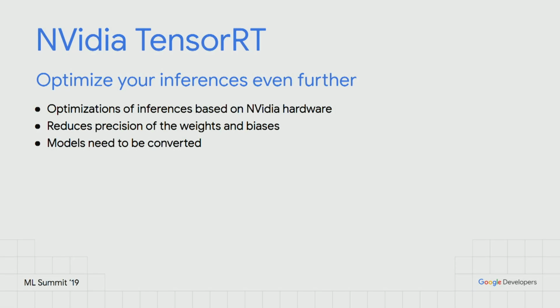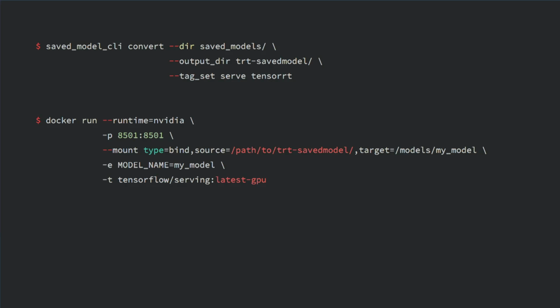And then as the last optimization I want to point out, with machine learning models becoming bigger and bigger these days, we talk about quantization, we talk about pruning. You can use TensorRT together with TensorFlow Serving. And you can use the NVIDIA tool by converting your model with the saved model CLI tool, which is a wonderful tool also to inspect your machine learning models